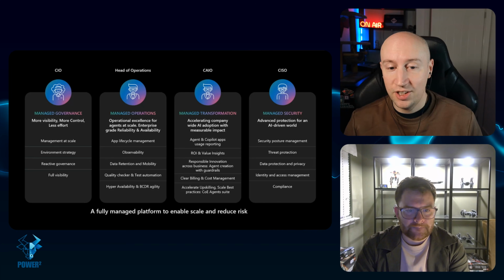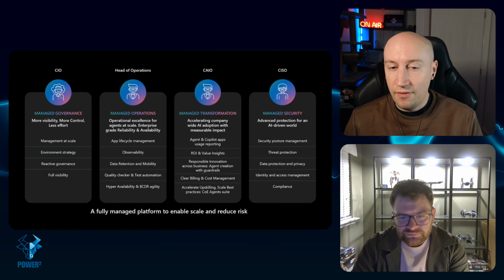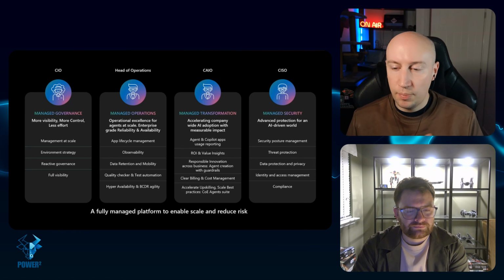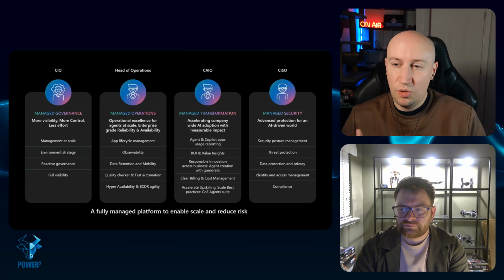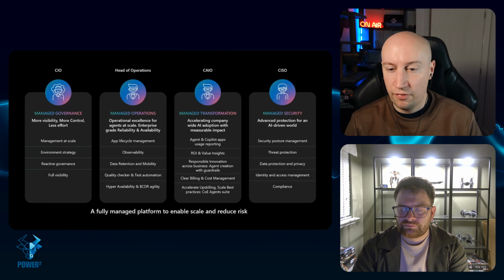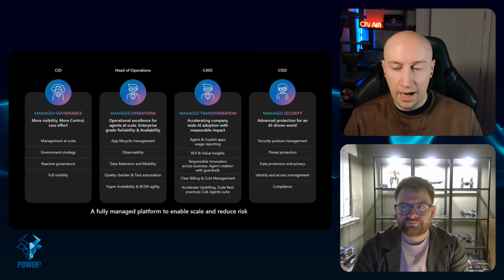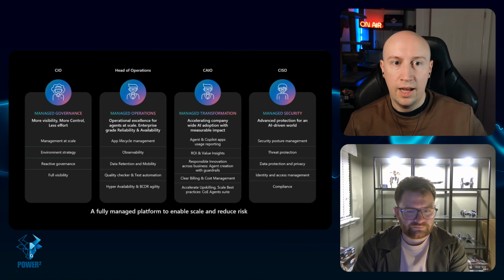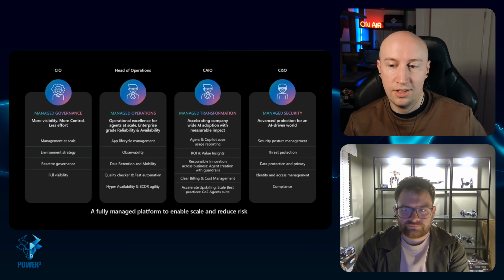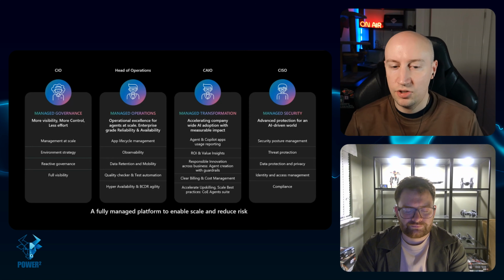Managed transformation, where we've got more insights into the value, which we haven't got much on yet. With Power Automate, we had the option to record how much value we're getting from each flow individually, which is quite nice, but it's really not enough for us. What we really want to know is how much you get from an entire process. Like, how much value are you getting from this? So with an agent, you're looking at, well, how much did it cost me before I had the agent? How much is it costing me after I have the agent? We've yet to see that side of things truly come through.